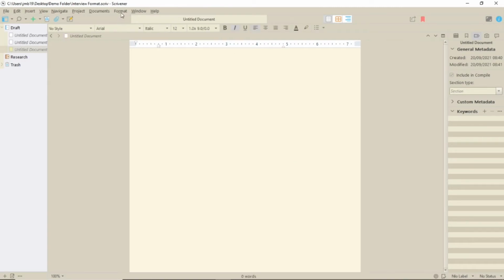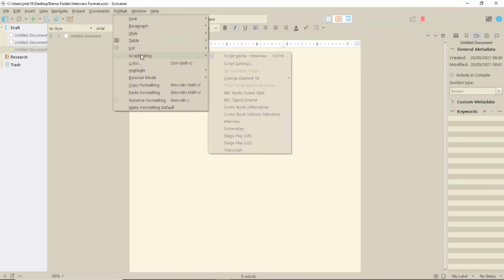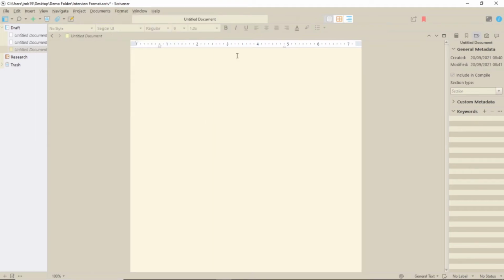So in the Format Script Writing menu, select Interview. Just a quick note, if you do decide to do this from within another script writing format, you'll get a pop-up that confirms you want to convert your script format to the interview format and which elements are going to be changed. You'll see an example of this later. Your options in this format are Query, Answer and Comment, plus you have a General Text and General Text Centered option. So let's just look at what they produce.